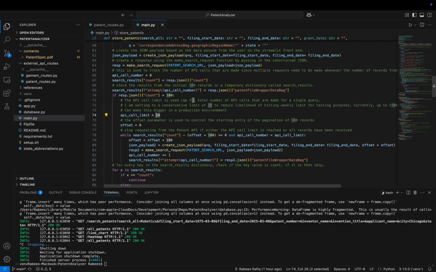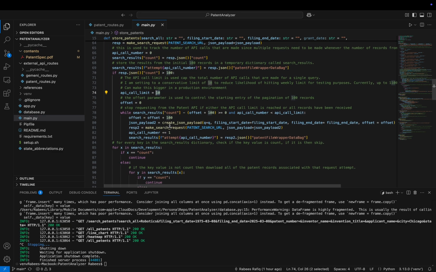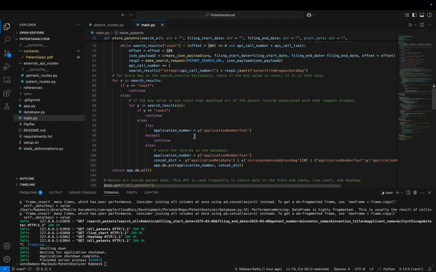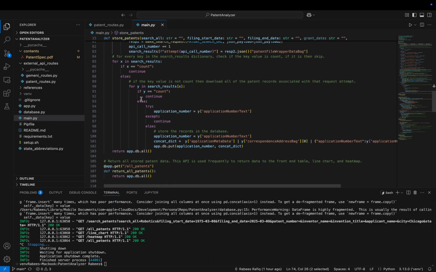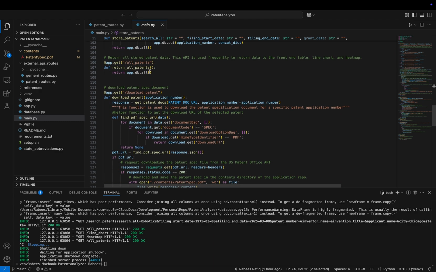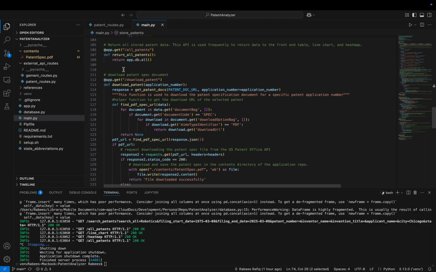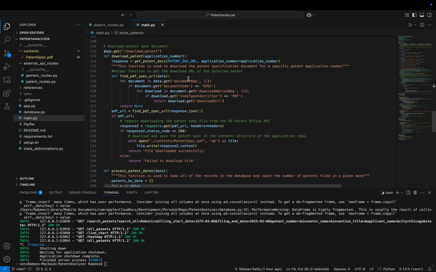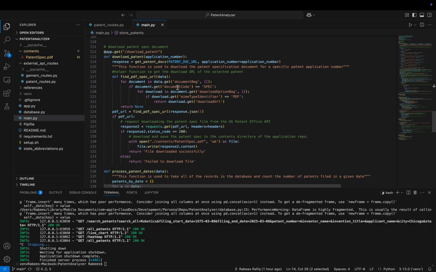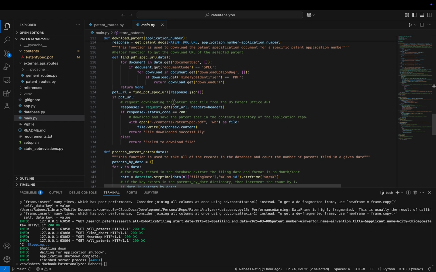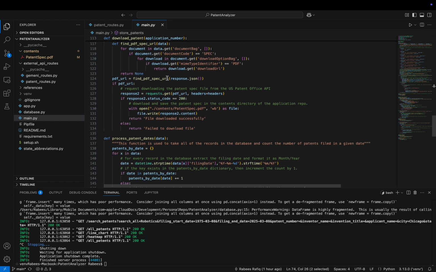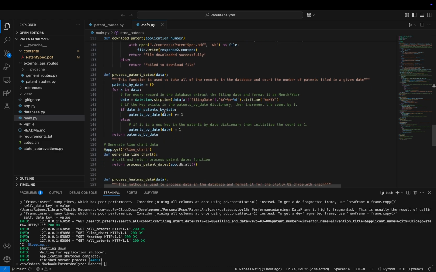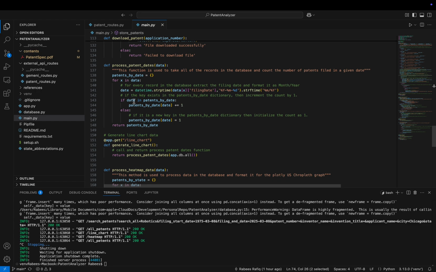But it essentially takes those records that are returned in JSON format and then persists and stores those within the database that I've showed. These next methods are to return all of the database records for the front end. To download the patent, as I mentioned, many patent PDF files are returned. This finds the specific file for the patent spec itself. This processes the patent data, which is stored within the database, and reformats it to a format suitable for a